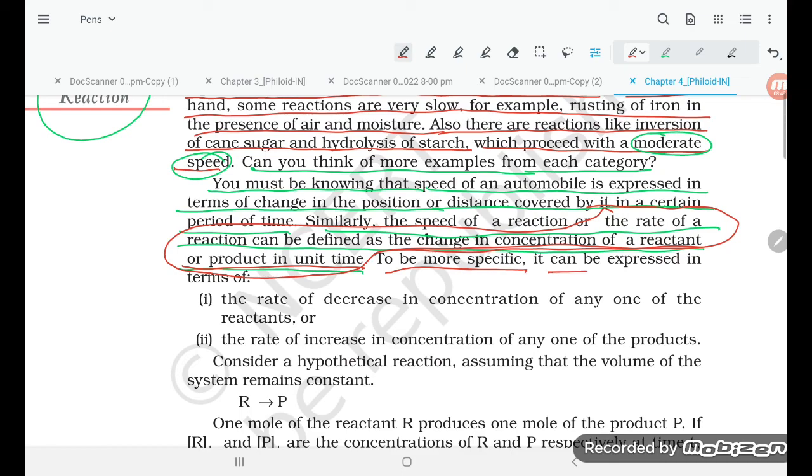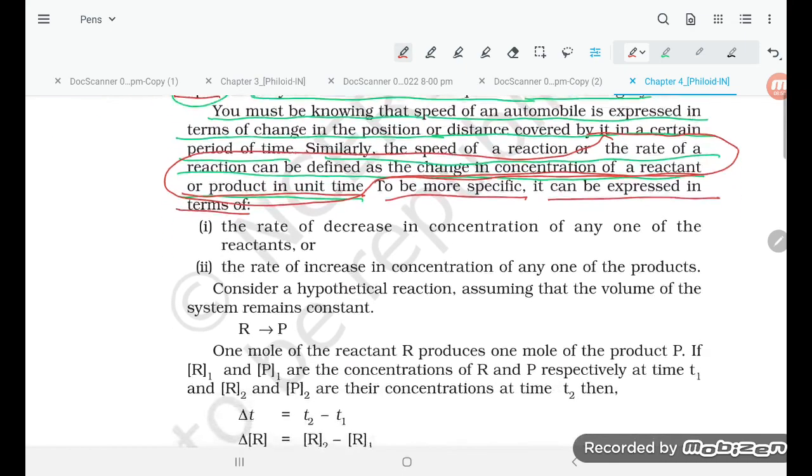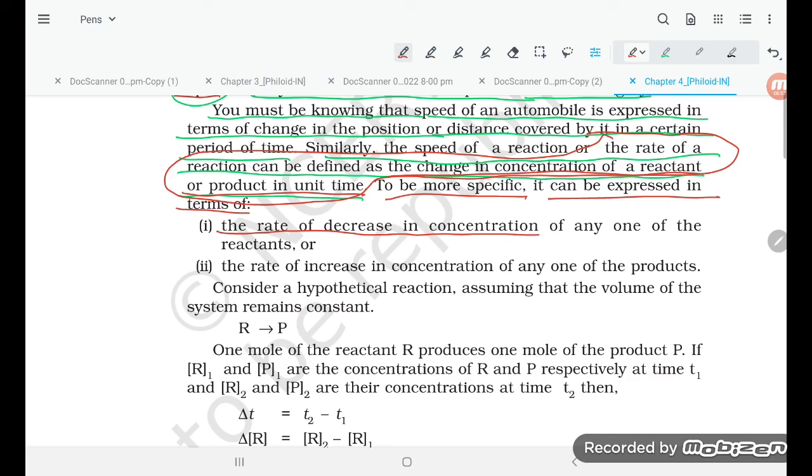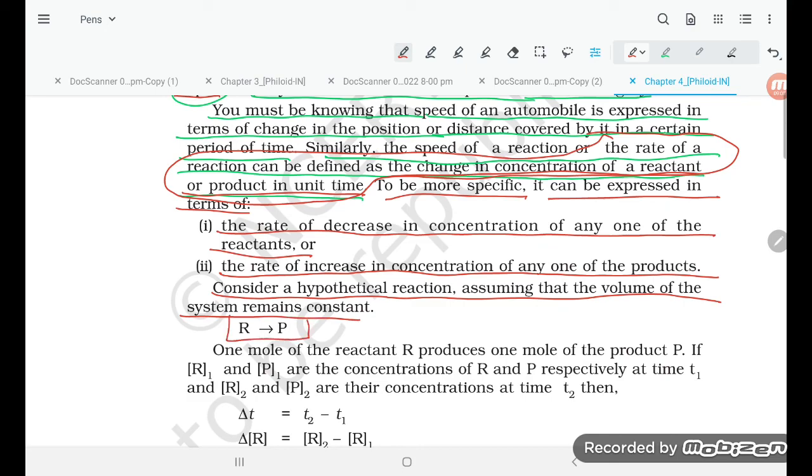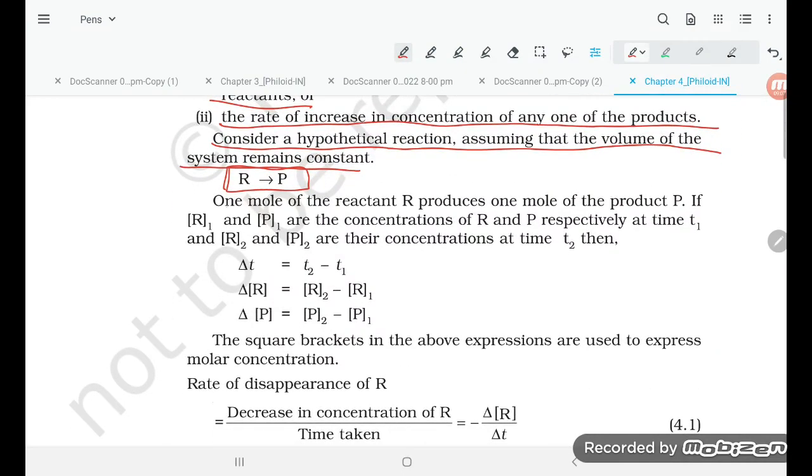To be more specific, it can be expressed in terms of the rate of decrease in concentration of one of the reactants or the rate of increase in concentration of any one of the products. Consider a hypothetical reaction, assuming that the volume of the system remains constant, in which reactant R is converting into product P. One mole of the reactant R produces one mole of product P. If R1 and P1 are the concentrations of R and P respectively at time T1, and R2 and P2 are their concentrations at time T2, then